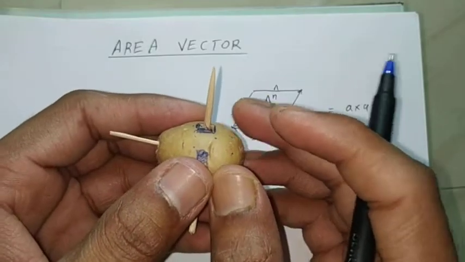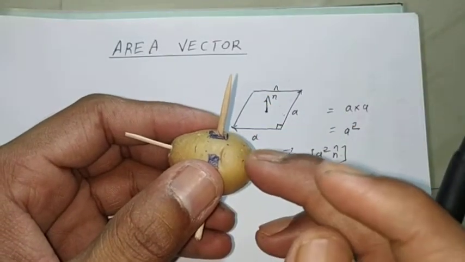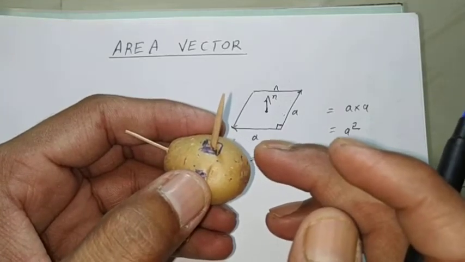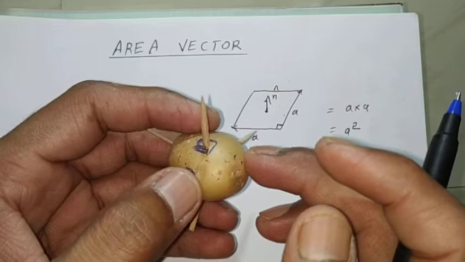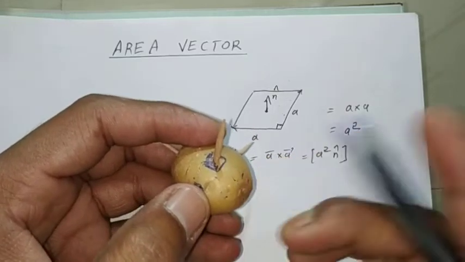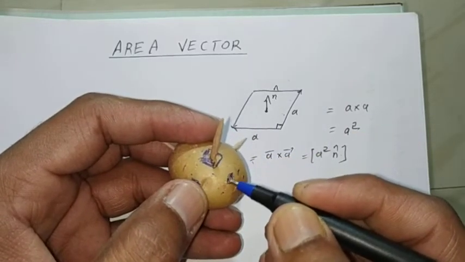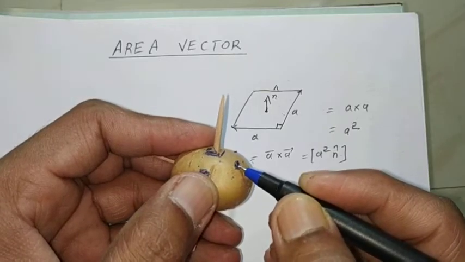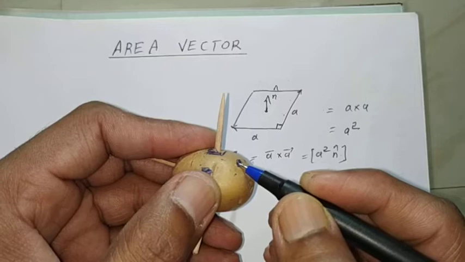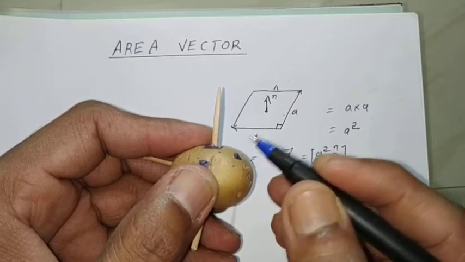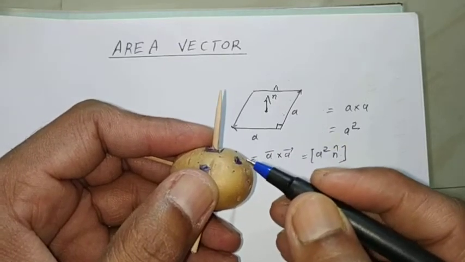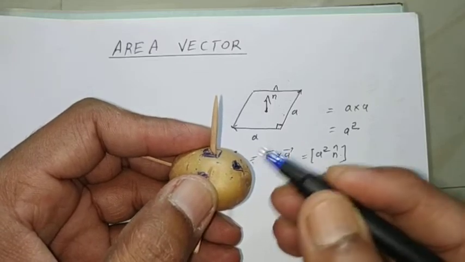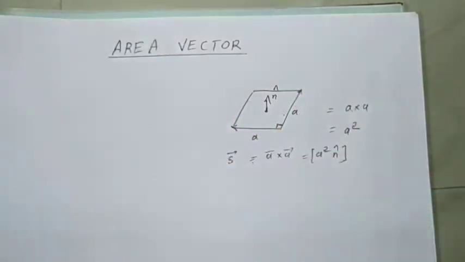By convention, the vector associated with every element of a closed surface is taken to be in the direction of the outward drawn normal. That means for every small element I take, the area element will be drawn normal to the surface and outward, and this is by convention. We have considered it a convention that the area vector on a surface will always be the outward normal. Alright, so this is our area vector.